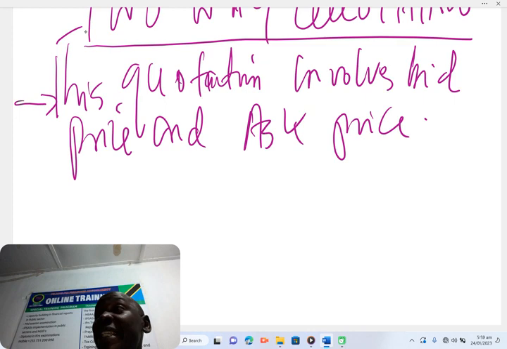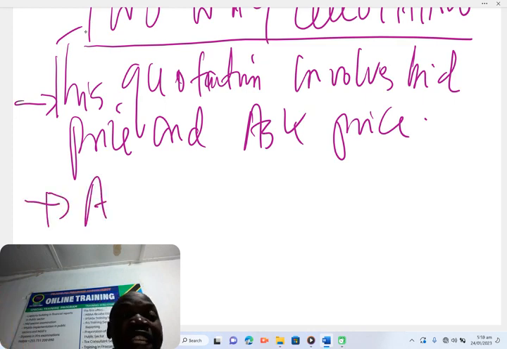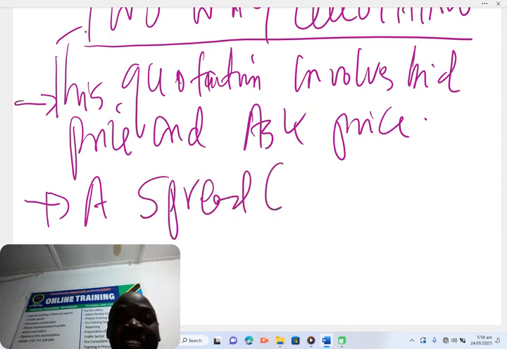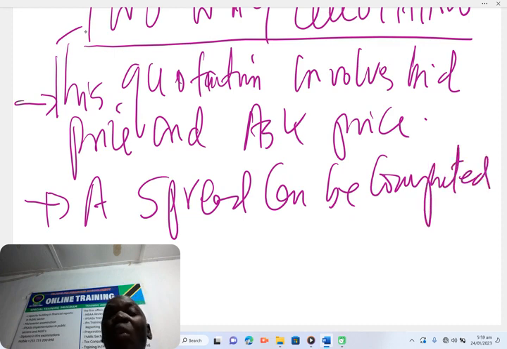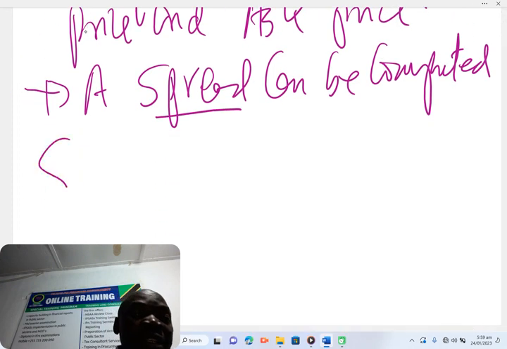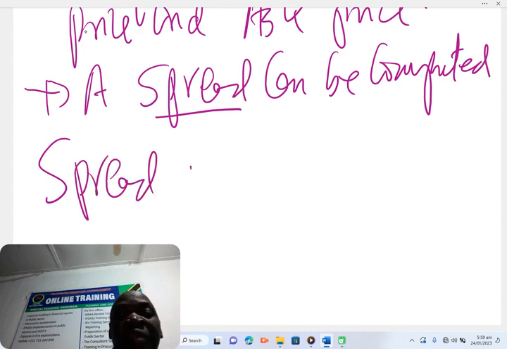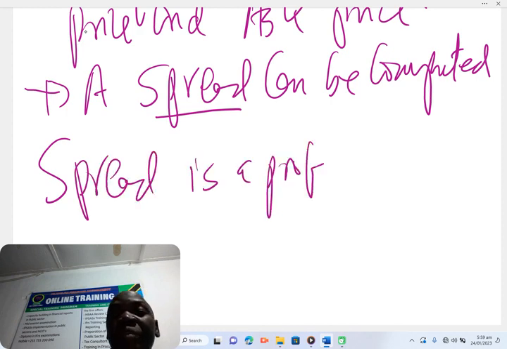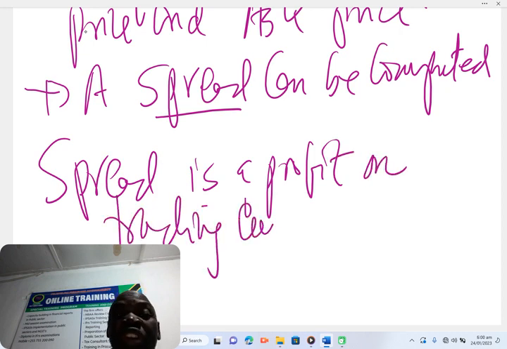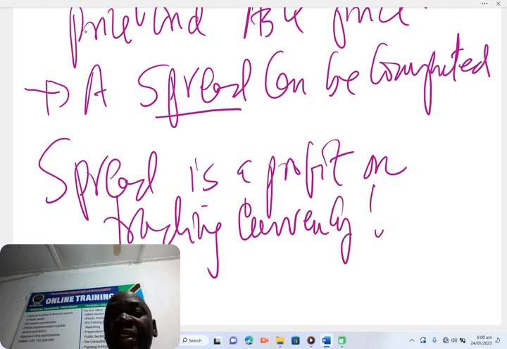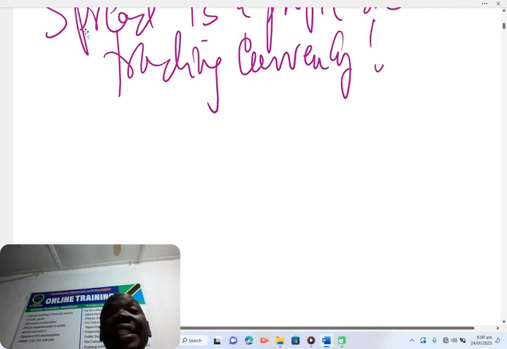It involves bid price and what? Ask price. In this quotation, a spread can be computed. What is a spread? A spread is a profit on trading currency. Now, let's see examples